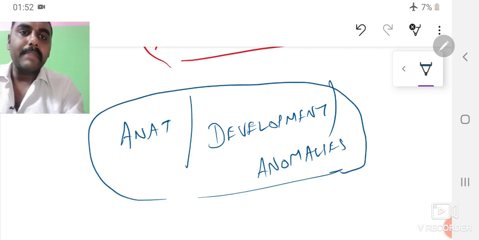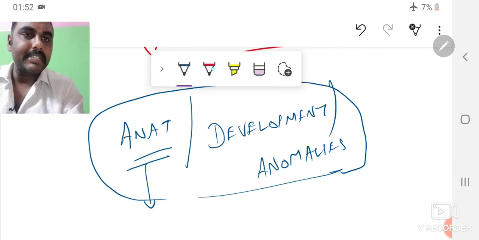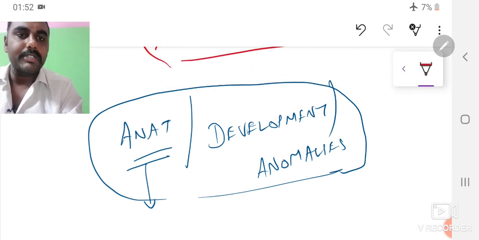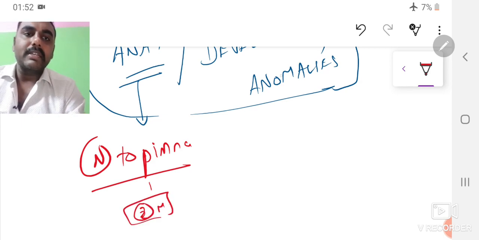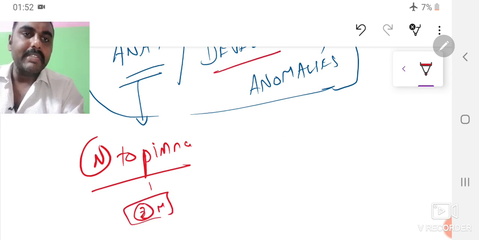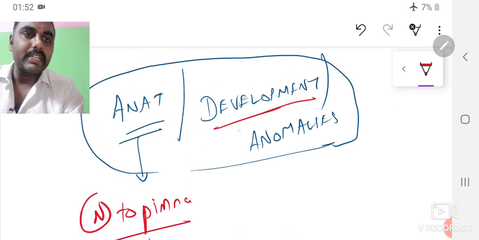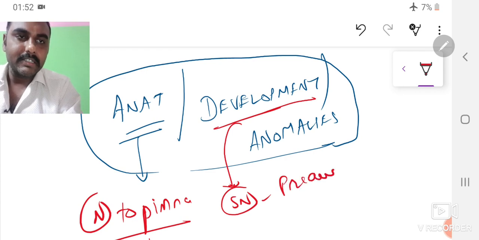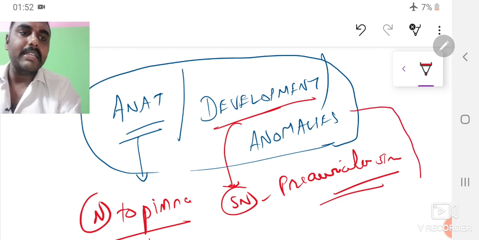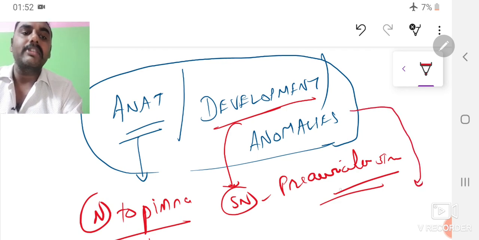So for pre-finals, the nerve supply to the pinna is very, very important. The important MCQ, important 2 marks question is the nerve supply to the pinna. You need to draw the diagram in your exam if they ask it in 2 marks, okay. And these developmental anomalies I pointed out, the preauricular sinus is an important short note for you. Just expand and write whatever they ask, and they may even ask the developmental anomalies of the pinna as a short note, okay.